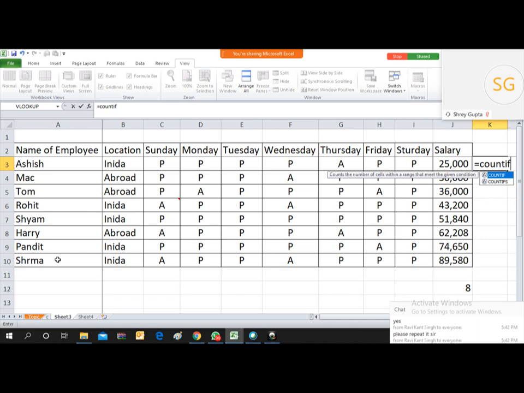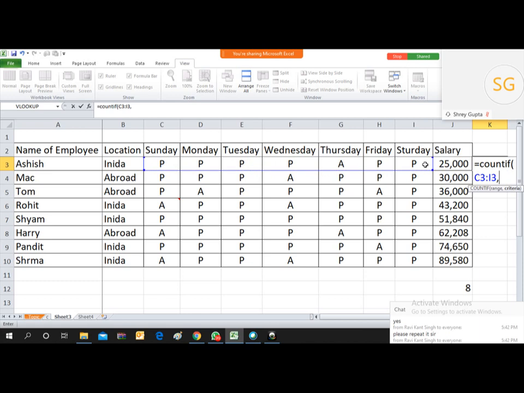Use this countif formula. I'll just start the bracket and then select this entire range of the dates from Sunday to Friday. After selecting the range, put a comma, and then after the comma I need to provide the criteria.